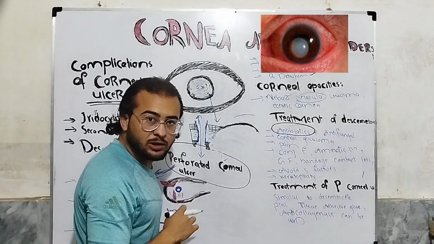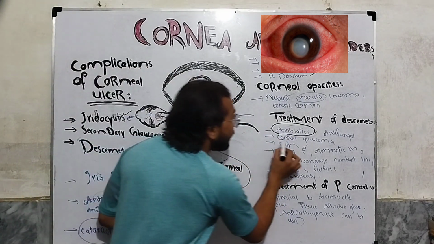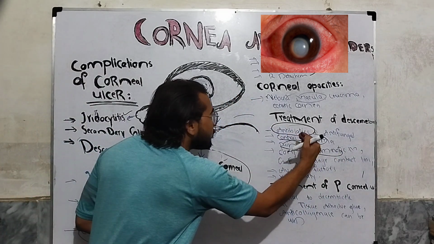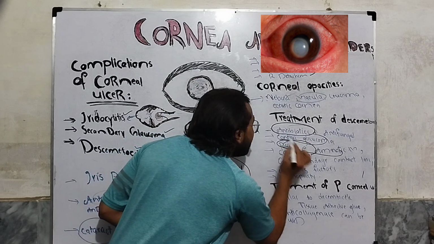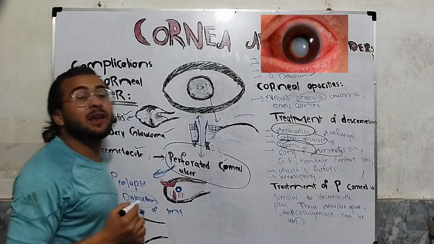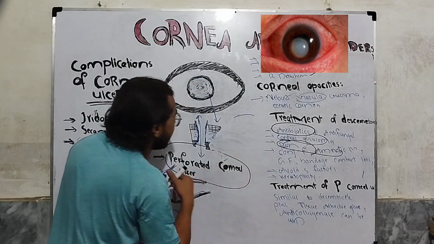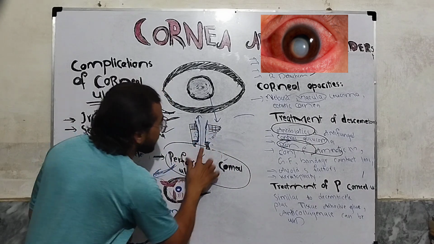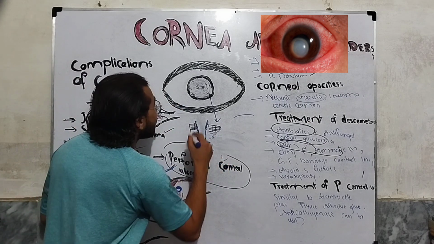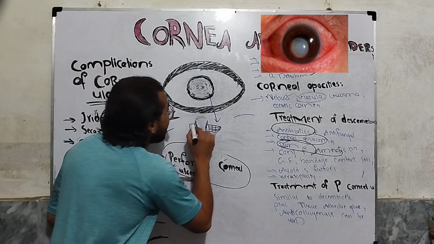Intense antibiotic therapy will be given for the treatment of descemetocele. We will control the glaucoma, and we will control the pain. If we control the glaucoma, the pain will automatically be controlled, because the pain is due to the glaucoma and the iridocyclitis. We know that descemetocele is the bulging out of the Descemet membrane. So for this bulging out Descemet membrane,